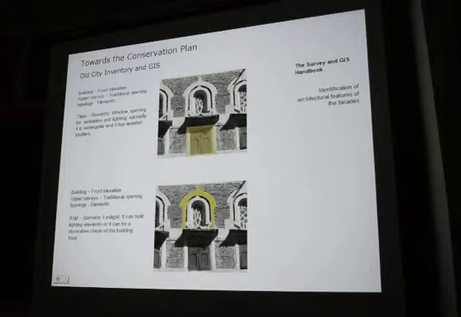So, together with our Yemeni colleagues and together with the surveyors, who were coming from different regions and who had different terminology, we identified, on a large number of examples, all the elements that appear in the facades of the buildings, with the names, you know, each kind of window has a special name and a special function, and so on. So we set up